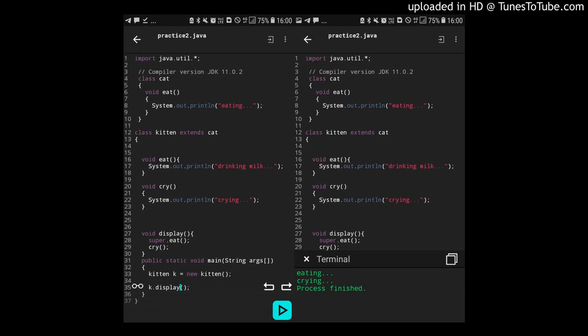So it will access the eat method of the cat class, that is it will display eating first, and then we call the next function, that is cry, from the child class within the display method, which will print crying.